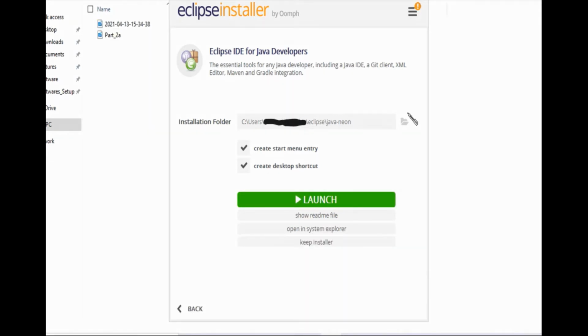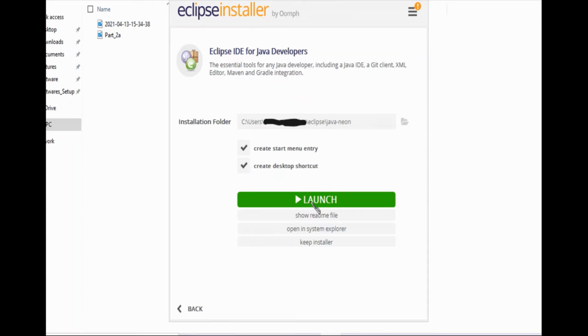After this download, Eclipse is downloaded and installed in your user account, where you can see C:\Users, the username, eclipse, and the Java version, in our case Java Neon. That folder is created under the user's name, eclipse and Java Neon. The same icon you will get in the start menu and on the desktop.